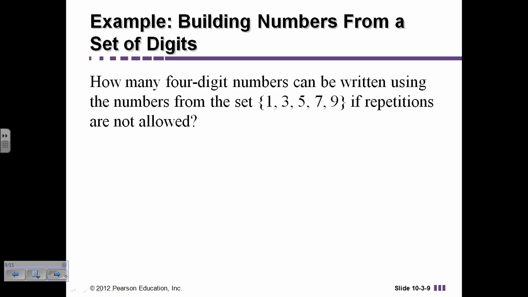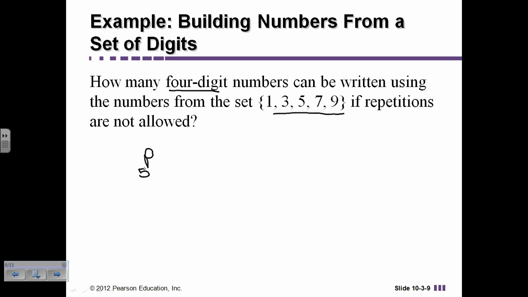This is another one. How many 4-digit numbers can be written using the numbers from the set 1, 3, 5, 7, and 9? So it says here repetitions again are not allowed. So that's one of the information pieces with permutations that we always have to look at. There are 5 numbers in my set, and I'm looking for 4-digit combinations of those numbers. So we're looking at the permutation